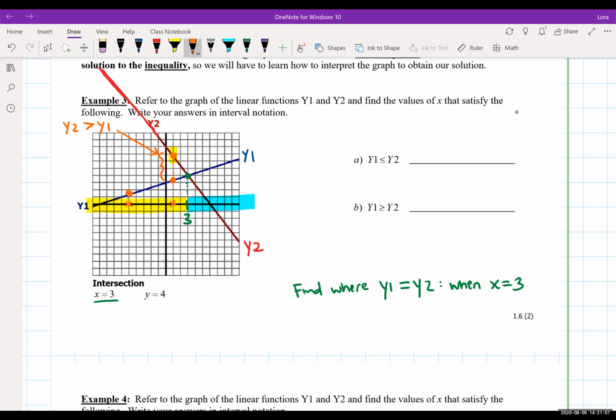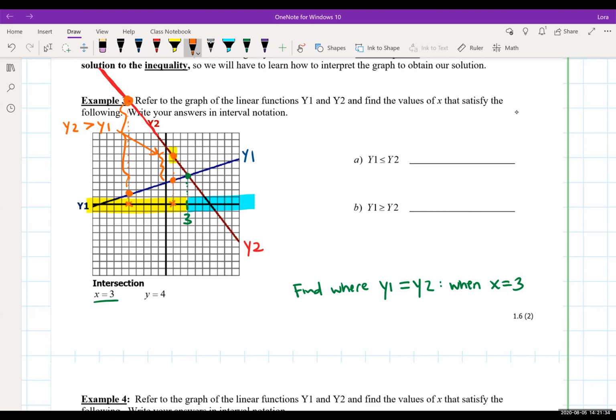So that way, if we travel from our x value and we find the corresponding y2 value, we can also see that it's a lot higher than the y1 value. So in both of these cases, y2 is greater than y1. So if I try to look at, is this going to be the answer to part A or part B,